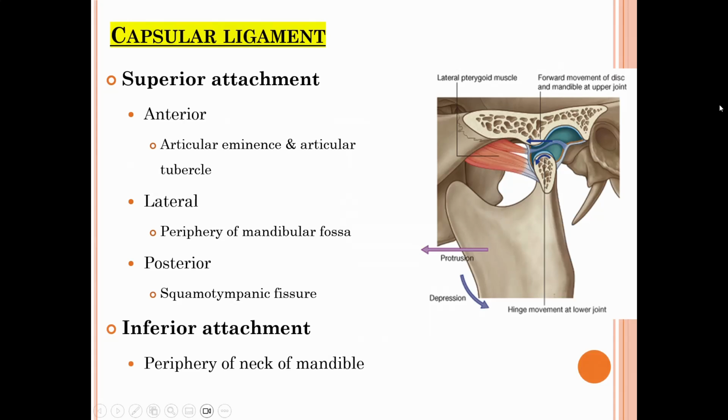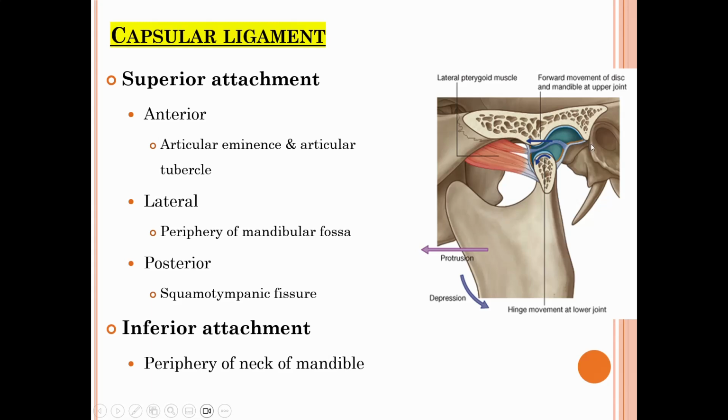Now for the capsular ligament, you have to see its attachment. Superiorly it is attached to the articular eminence and articular tubercle. Just now I have told you the articulating surfaces. So anteriorly there will be the articular eminence and articular tubercle, and laterally there is the periphery of the mandibular fossa, which is not visible here as it got cut. Posteriorly there will be